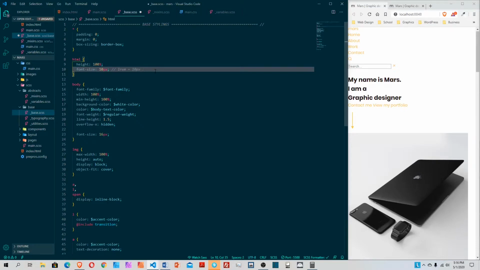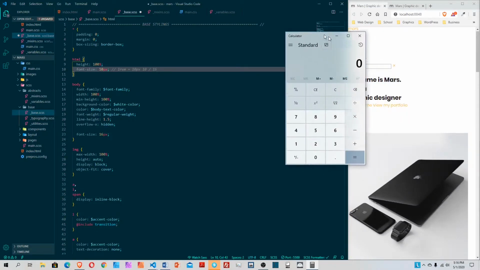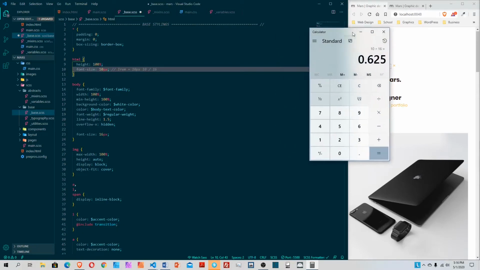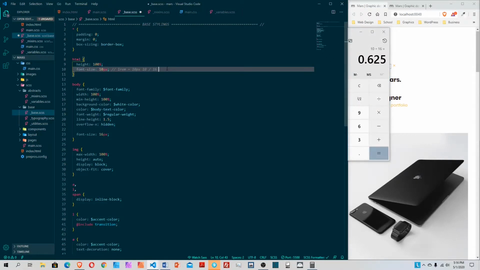So 10 pixels out of 16, we have 10 divided by 16. We give it 0.625. So we get something like